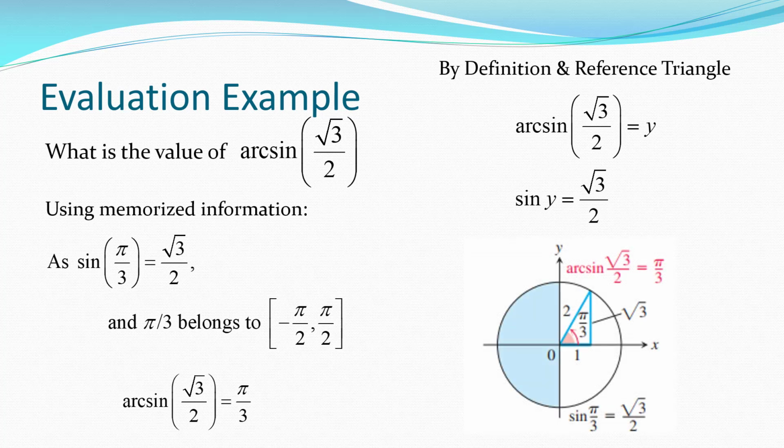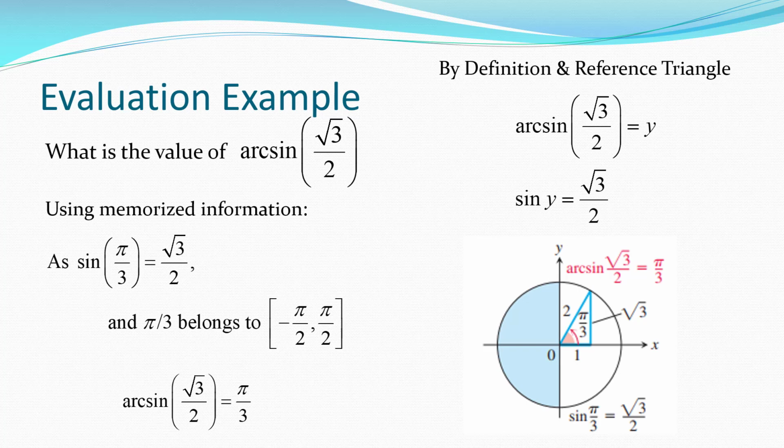So when I draw my circle, I'm only going to highlight quadrant 1 and quadrant 4. That's the white sections. I'll draw a triangle so that the wide length, the opposite side, is square root of 3, and the hypotenuse is 2. By using the Pythagorean theorem, you get the remaining length is 1. You can then see the triangle you formed is a 1, square root of 3, 2